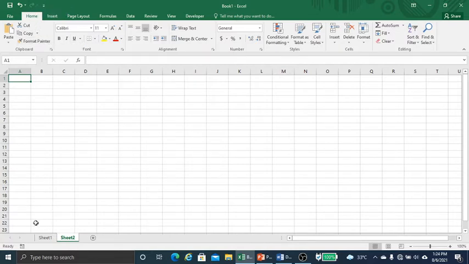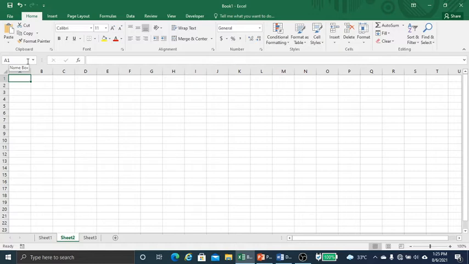Then we have the worksheet tabs. These are sheets. This is sheet 1, then we can have sheet 2, and we can increase the number of sheets, also sheet 3. Then the formula bar: basically this bar is used for adding any formula. And we have the address bar, which shows the address of the active cell.